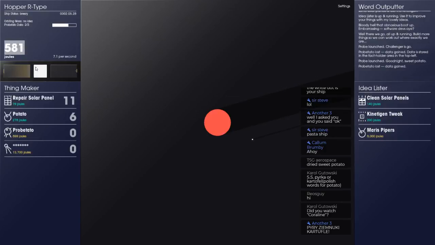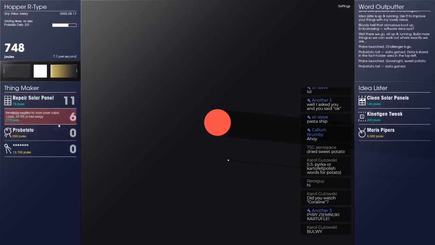Okay, so we've got like two of the threes that we're after here. Let's just mash up a little bit more power. It's a potato pun. I feel good about myself for that one. And then we'll see what we can do. Now, I kind of feel like we want to get more of these before we drop the next one. What do you guys think? No, I'm not even going to wait for your input. We're just going to go straight away.